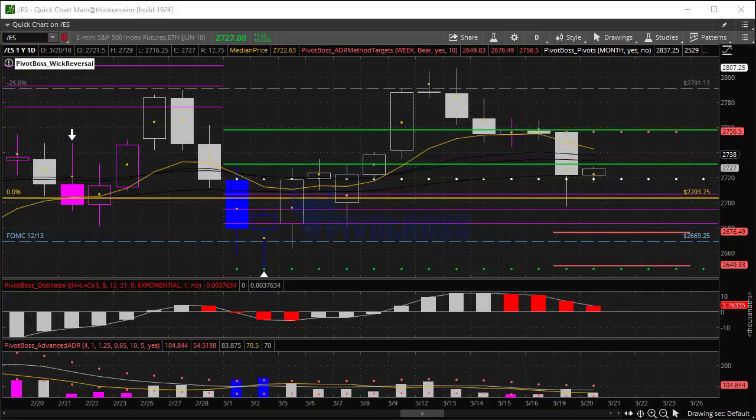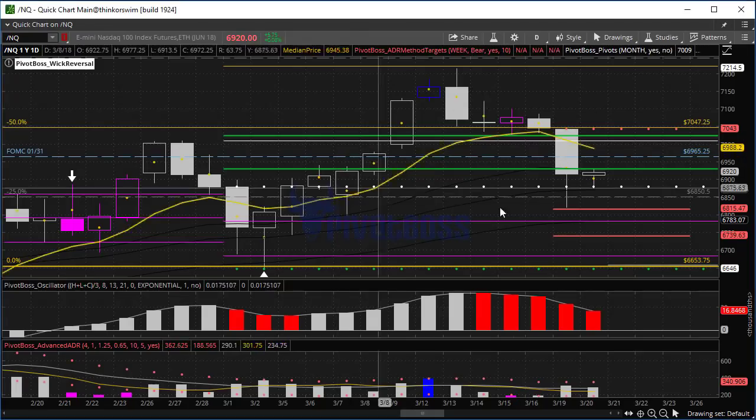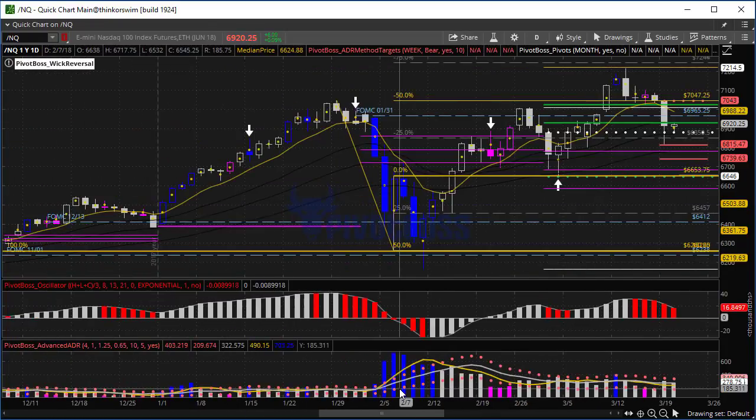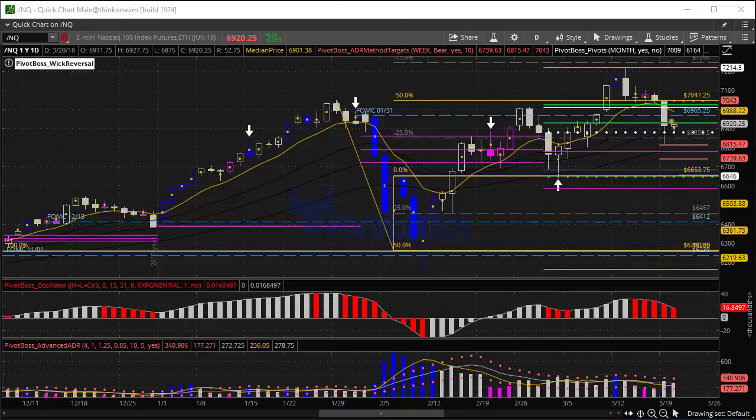Now let's take a look here at the NQ. Here's the NQ. Basically, the NQ has been in the upper distribution of its range. Now tech kind of led the pullback here, and we talked about this Friday morning pre-market in the pre-market report. If price cannot hold 7K, we likely start to work our way back towards 66.53, and that's the midpoint of